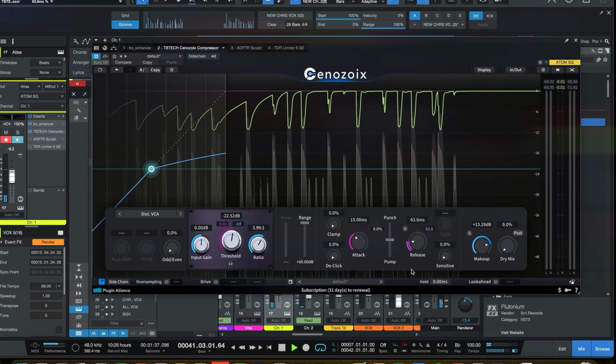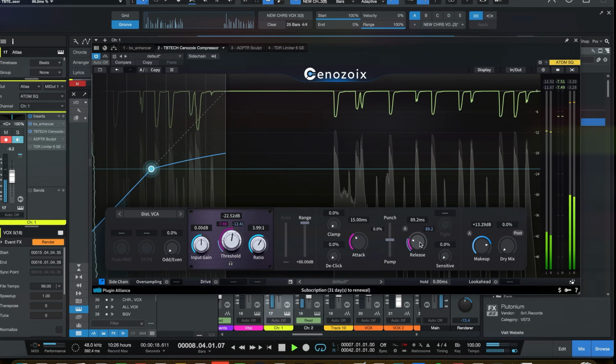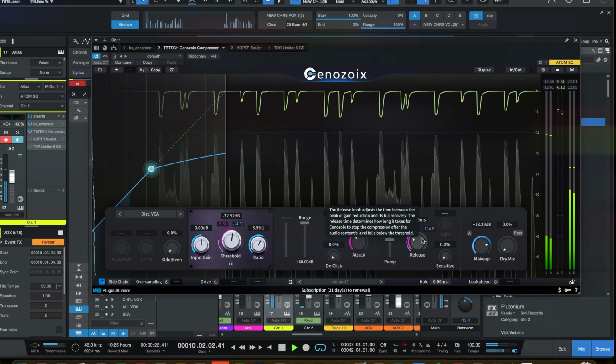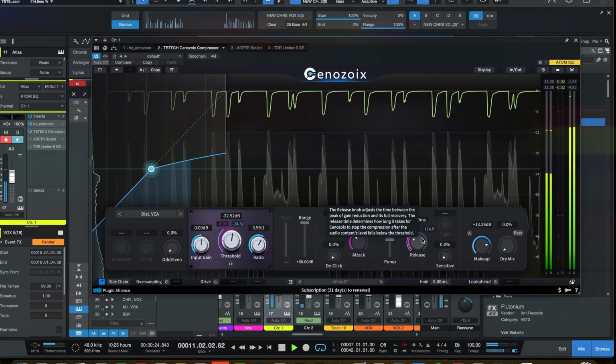I think a shorter release time sounds better so the kick drum can come through. You may want the swelling to be a little more musical with the beat. So it's all personal preference. And this particular